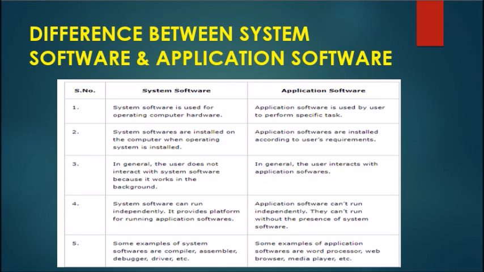Now if we talk about the difference between application software and utility software, then utility software is more technical and is used by people with an advanced level of computer knowledge. In contrast, application software is simple and can be used by any user with no or little technical knowledge.